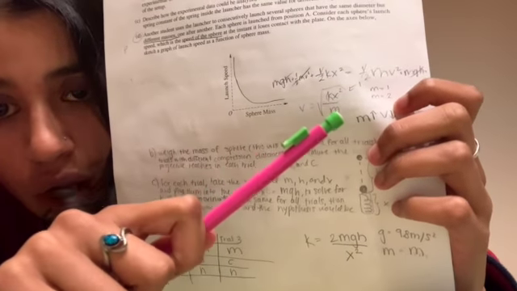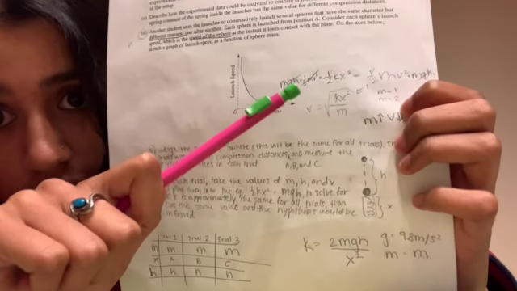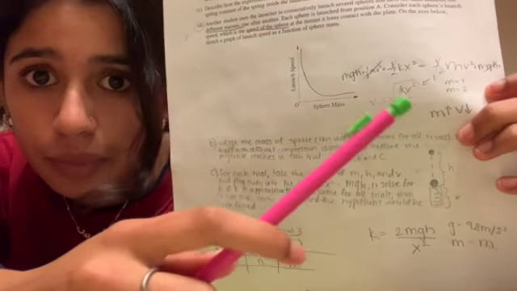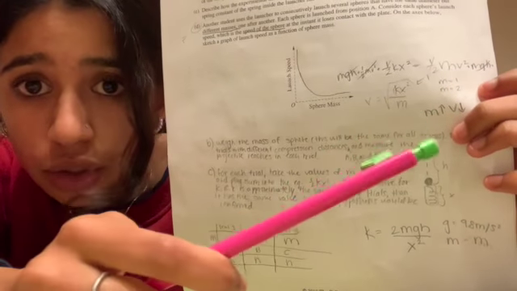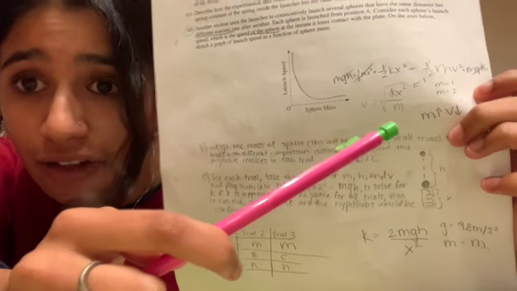So then it would be 1 over 1, and the square root of that is 1. So velocity equals 1, right? And then when mass is 2, that's the square root of 1/2, which is less than 1. So what that tells us